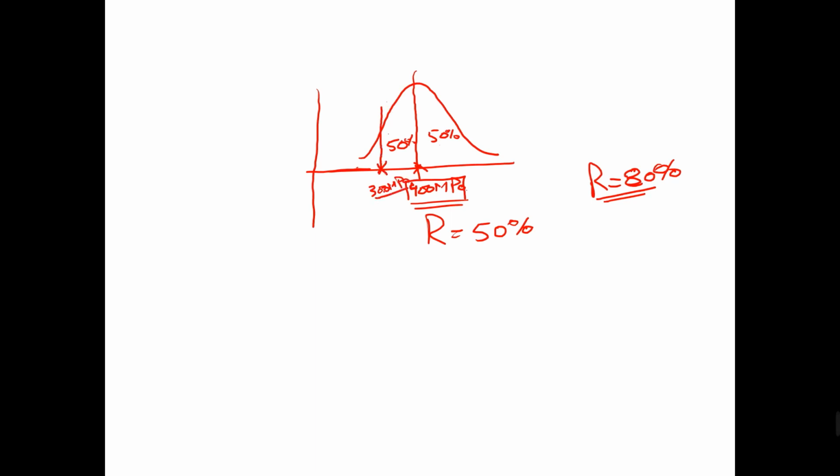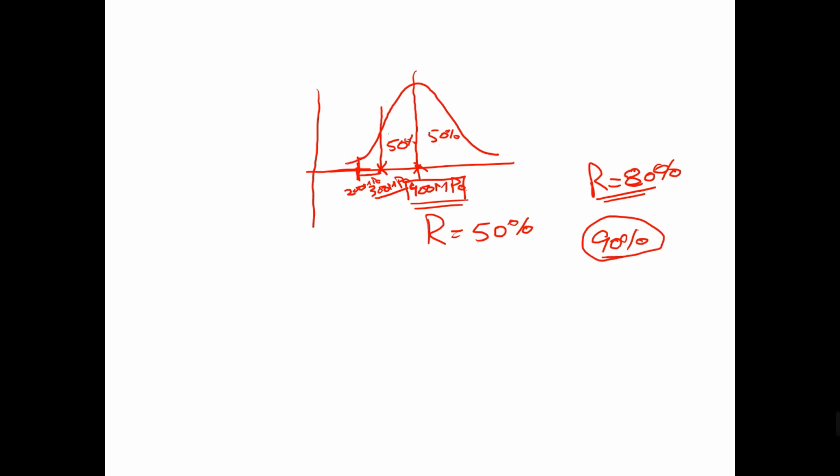It means that if you apply a stress of 300 MPa, it is most probably possible that 80% of the elements pass the test and we have only 20% fail. But if someone tells you to increase the reliability to 90%, for that 90% you have to reduce this value more. How much more? It might be possible that you have to reduce this value to 200 MPa. And at 200 MPa, from 400 to 200, you have a reliability of 90%. You have increased the reliability.